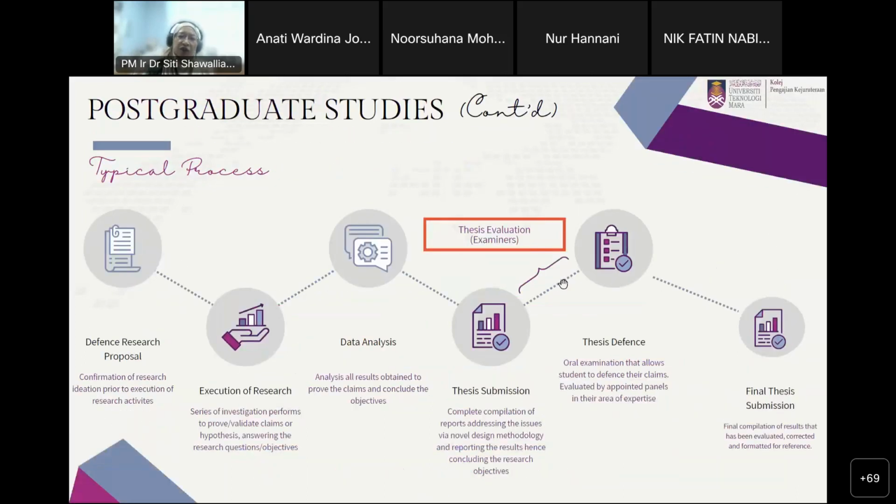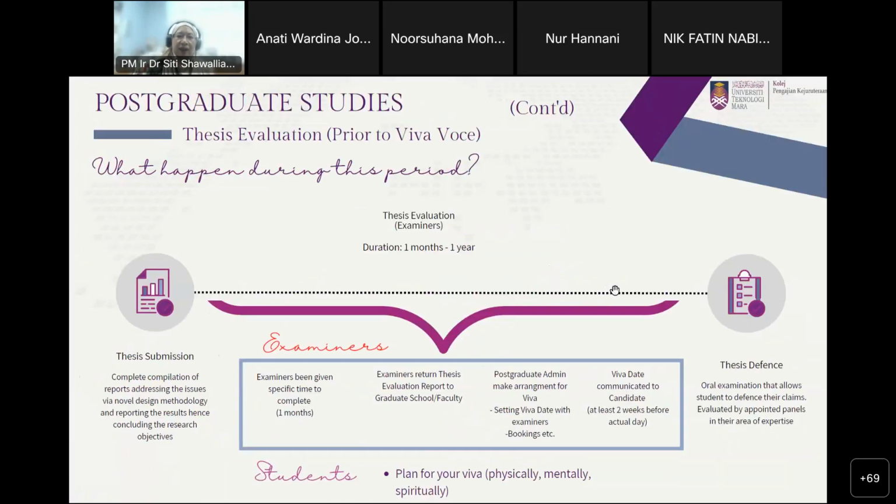So Viva Voce actually happens in this section, but if we talk about getting a good session in Viva Voce, you have to make sure the stage before your thesis submission is superb. I've seen a question from the audience earlier: how can I pass without correction? That would require you to go back to the point where you submit your thesis, or even to the point where you prepare and execute your research, because normally